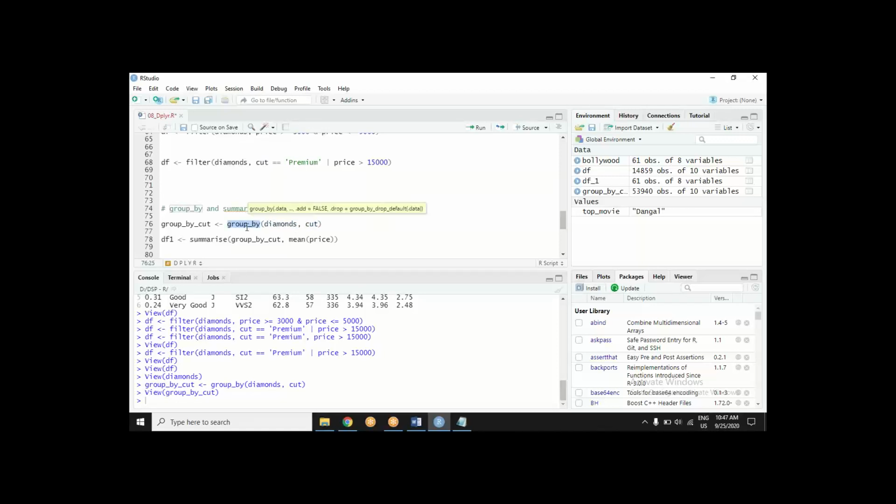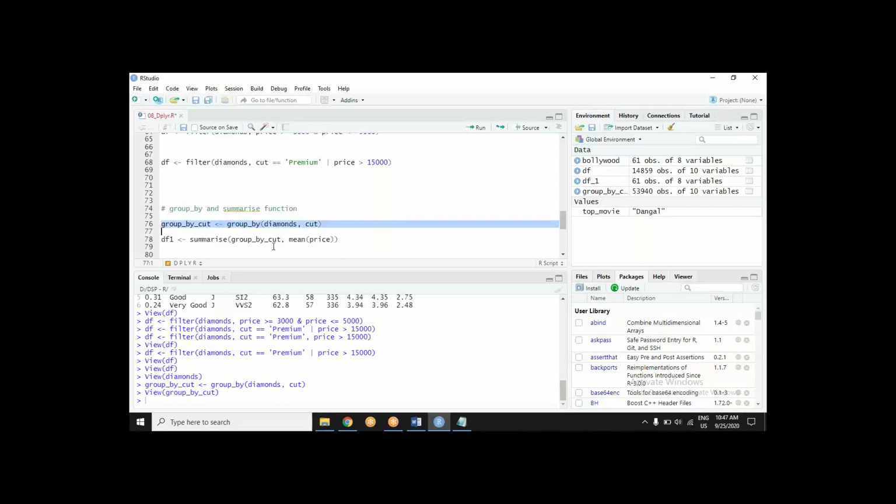Remember, grouping can only be done on categories. I can group my people according to their age groups, their designation, their department. If I am to group these diamonds, I can group them according to their cut quality, their clarity quality, that kind of thing. So group by is always on a categorical column.